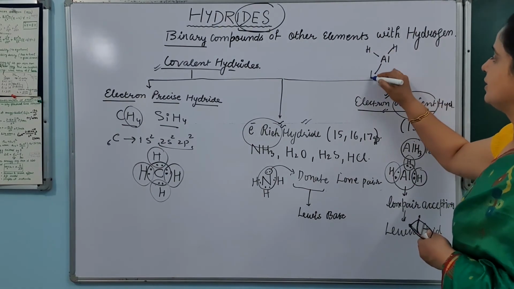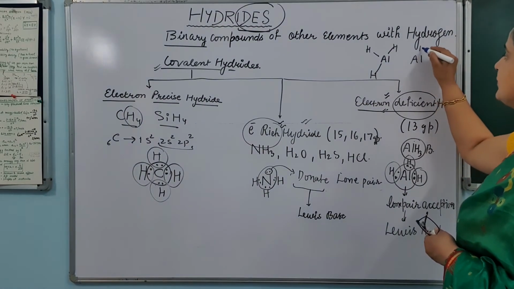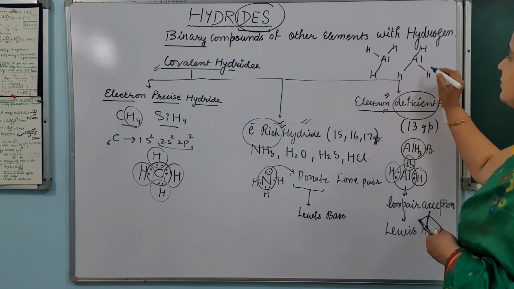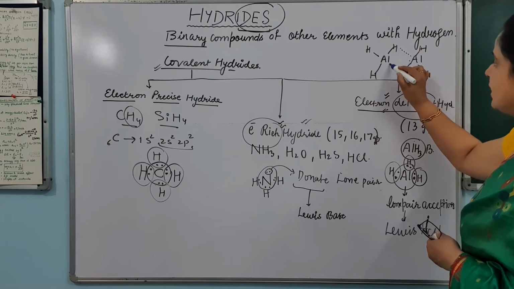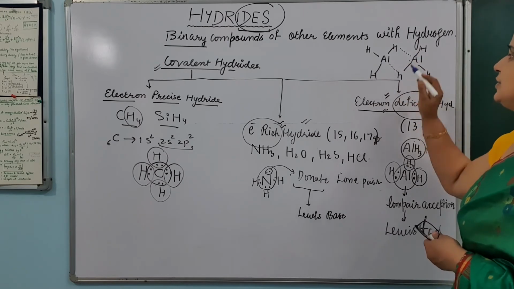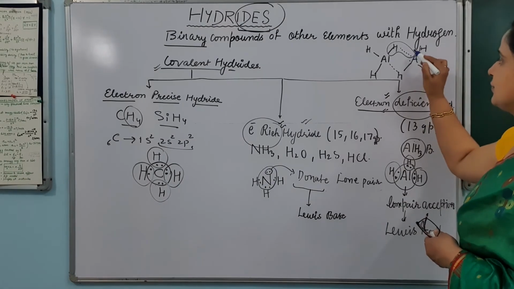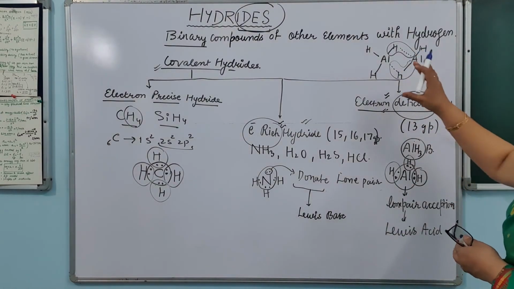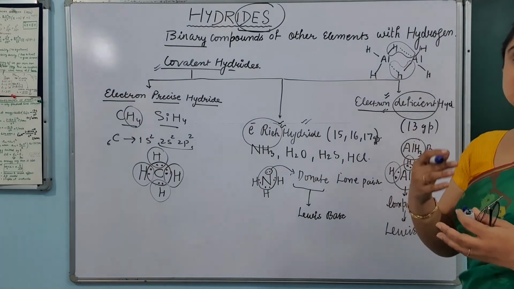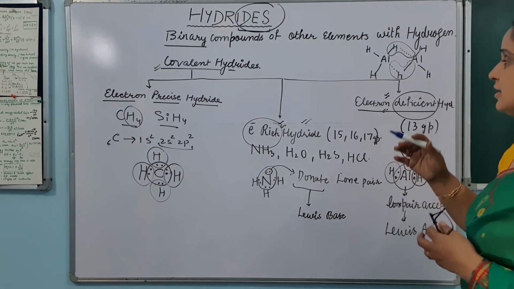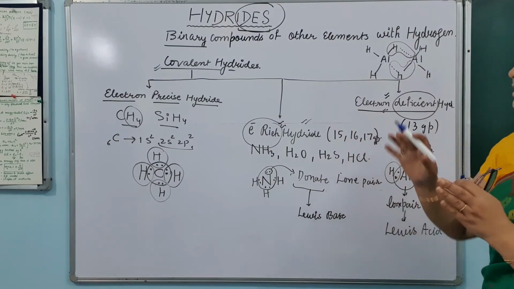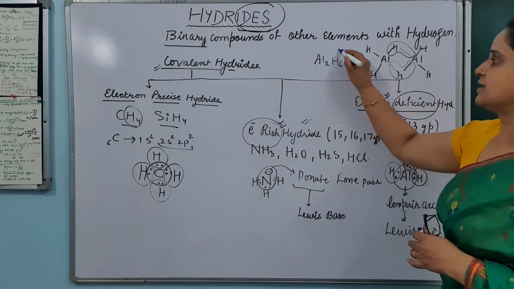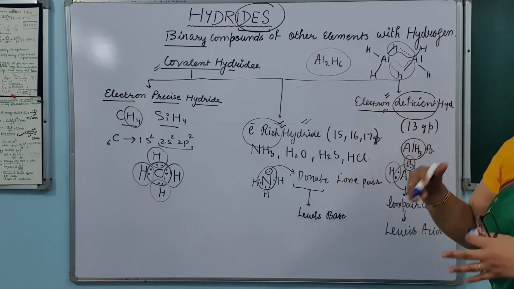AlH3, another AlH3, but this H and this H are supporting aluminium. Actually, there is a bond between these two. In this way the bond exists, which is also called a banana bond, and this stabilizes the structure. These two combine to form a single compound, and it is Al2H6. Actually, it is AlH3, but it exists as